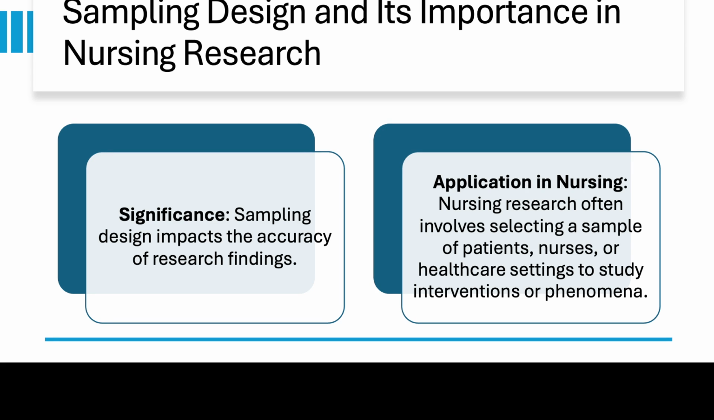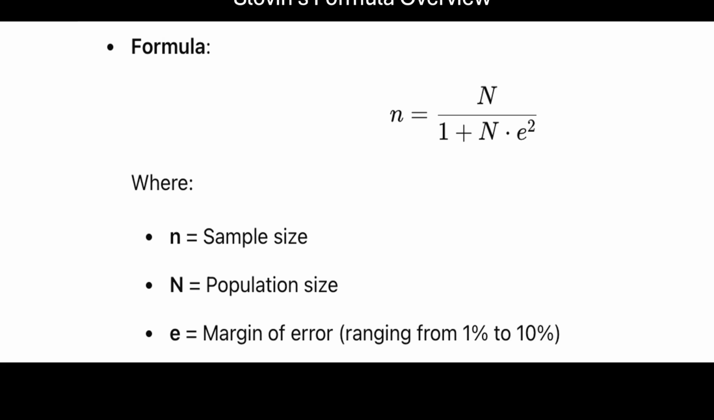Nursing research often involves selecting a sample of patients, nurses, and healthcare settings to study interventions or even such phenomena. So more into the clinical perspective, because research can somehow be done in the medical field or the clinical field. Usually it involves a patient as our sample, as our population, and part of which are the samples that you're going to take into consideration, and also healthcare workers who are part of the hospital setting. So this is a very good example of your Slovin's formula, in which